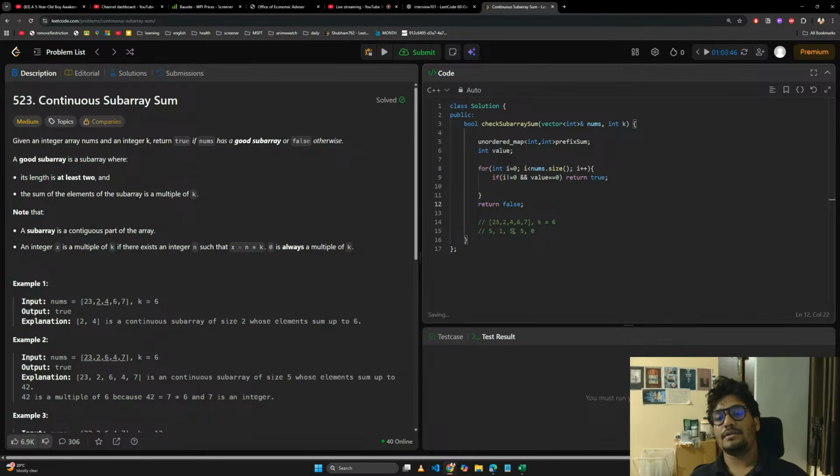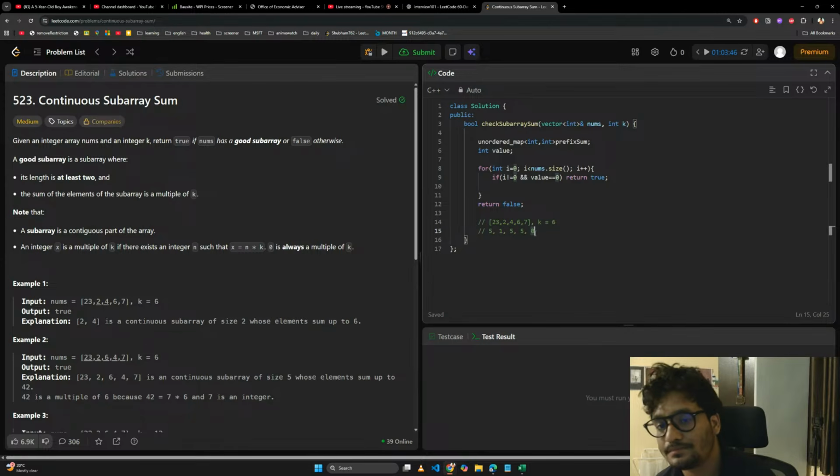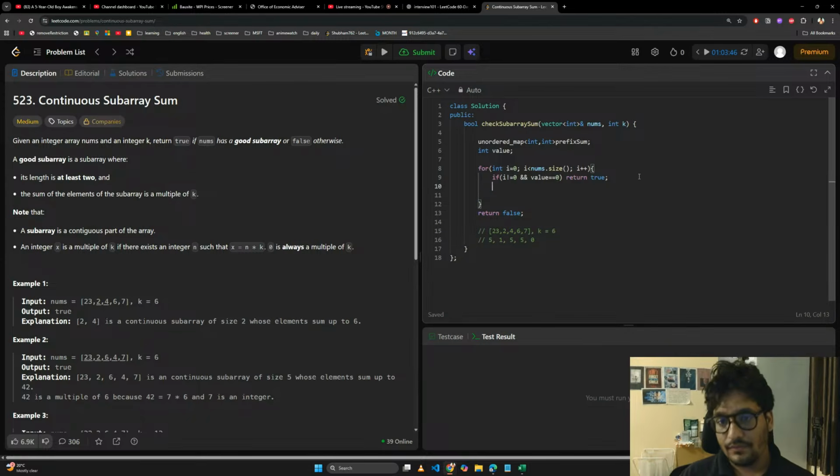But one thing we can notice is, if we get any other occurrence of 5, we can surely say that there has been some addition which was a multiple of 6, which is 2 plus 4. Even here we can say the same thing. So the value is initially equal to 0, right? Yes, the value is initially equal to 0, and you want